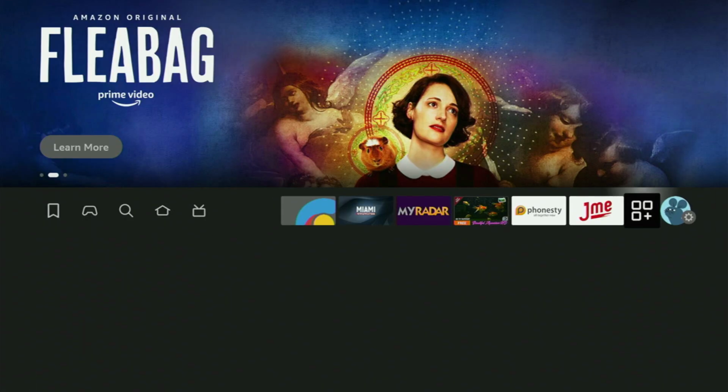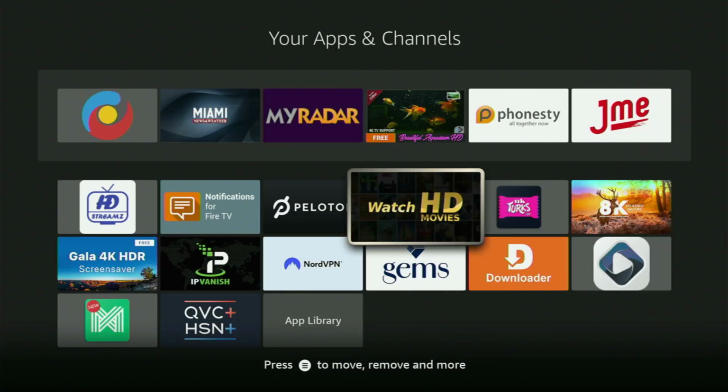And here I have to blur out my screen as YouTube doesn't allow me to show you the exact channels or live events that are available in here, but basically you will be able to use this application for watching live TV stuff. And that's the first app we got for you today, and now let's go back to the downloader and we will get also a movie app for your Fire Stick. So go back to downloader now,